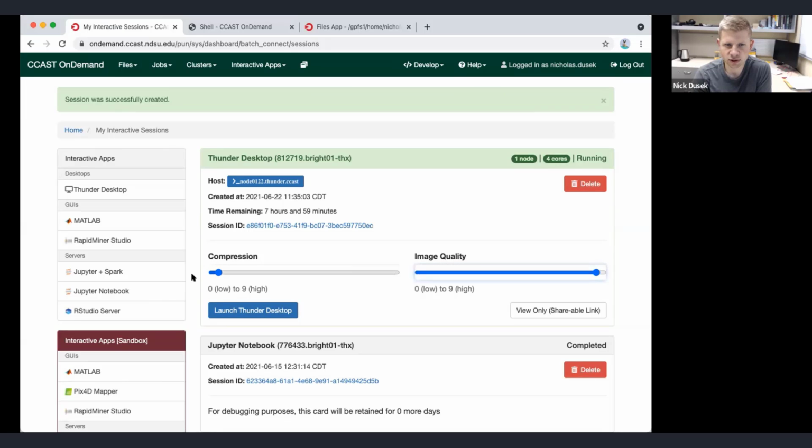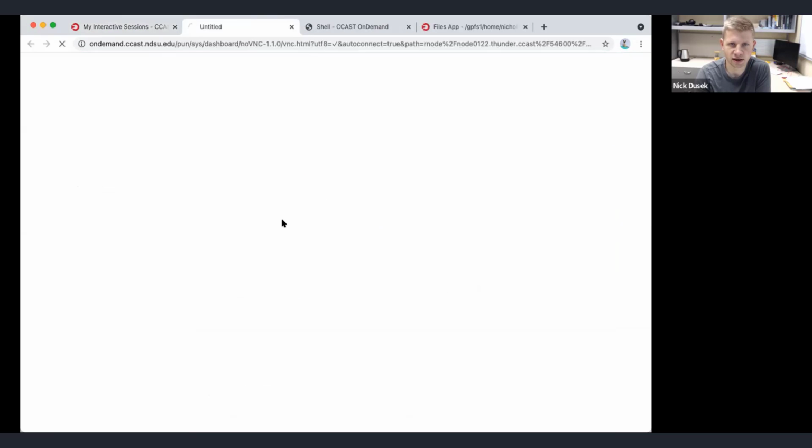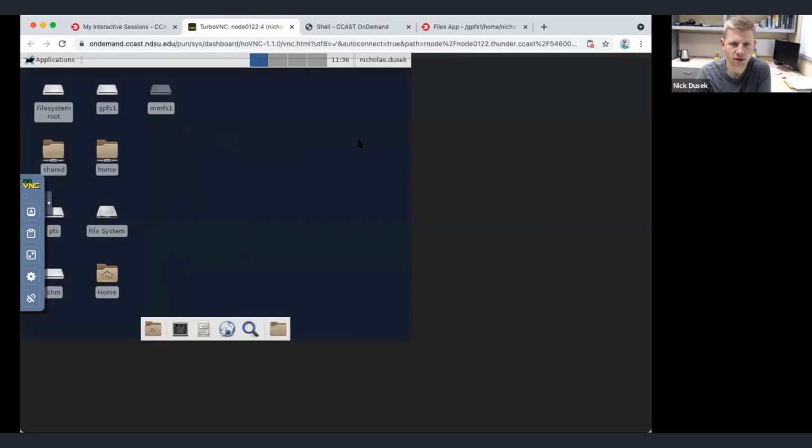These sliders, image quality and compression, are adjustable. So if you have a low bandwidth internet connection, you can lower the image quality and increase the compression. Both of these will result in a smaller amount of data being transferred over your internet link, because we're basically going to be streaming video of this desktop session. Since I'm on campus, I'm just going to leave them pretty high up,